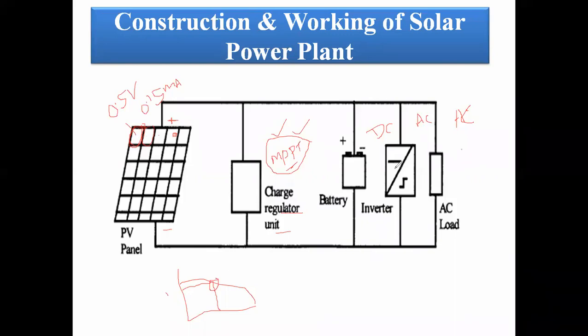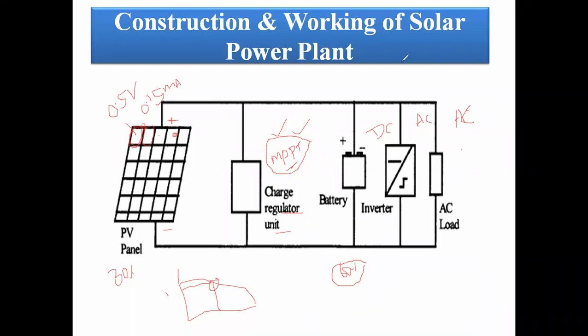In this system, 60% of the cost comes under the battery. The remaining 30% comes under the PV panel, and 10% comes under the charge controller, inverter, cables, and so on. That is, the maximum we need to spend is only on the battery, the 60% of the cost we invest for the battery.